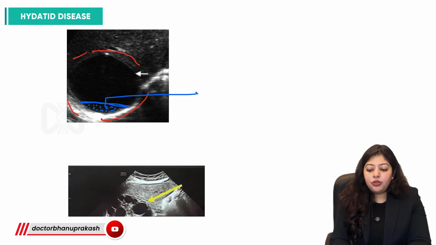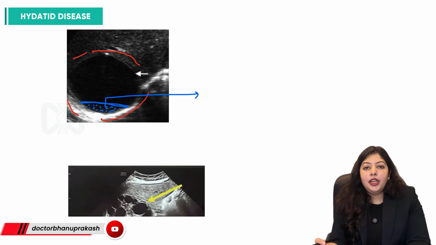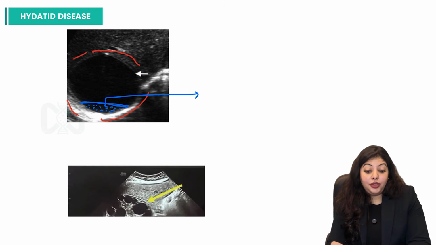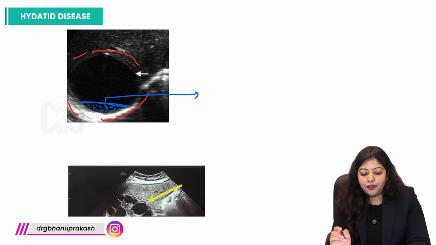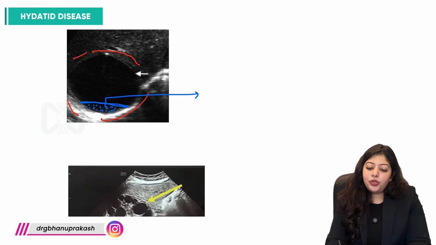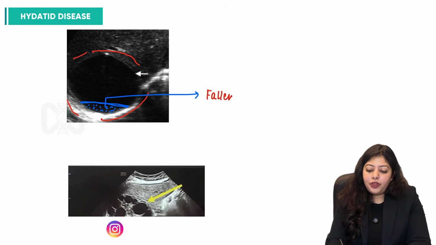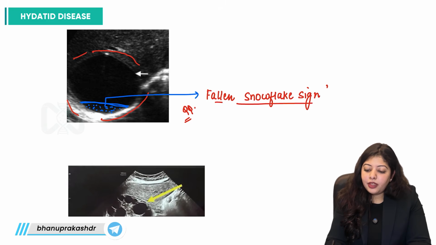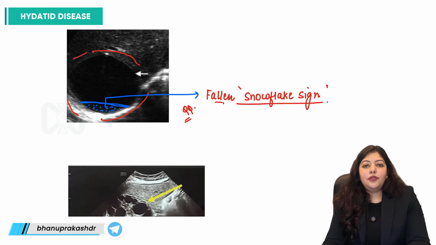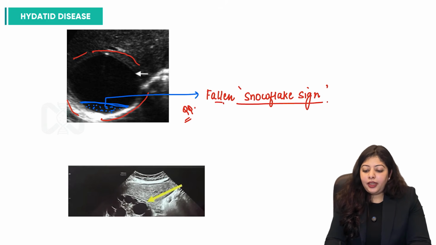So it is the brood capsule which has ruptured, and it has led to this breakage and the presence of these structures at the bottom of the cavity, right? So these also give us a very important sign. This sign, which is very important for your exams, is the fallen snowflake sign. Fallen snowflake sign, right? These appear as if snowflakes have fallen down, and this is very easily appreciable under